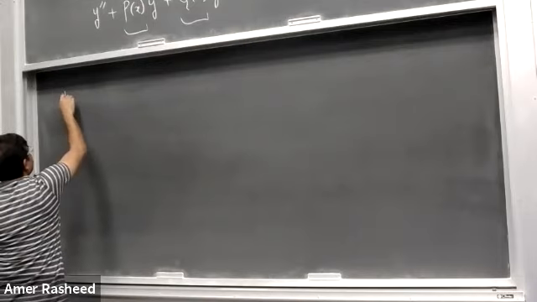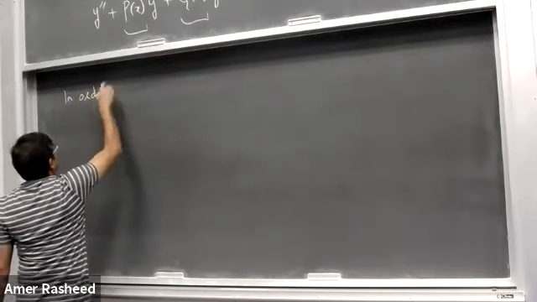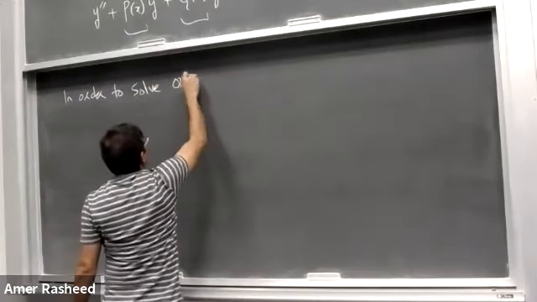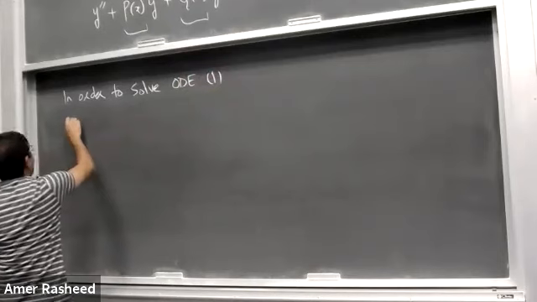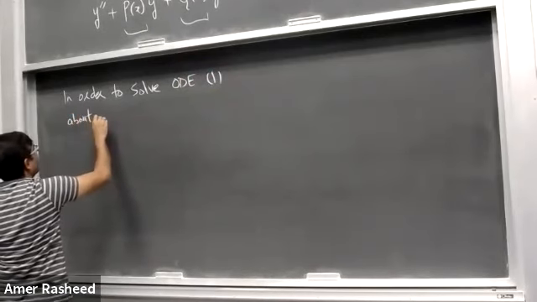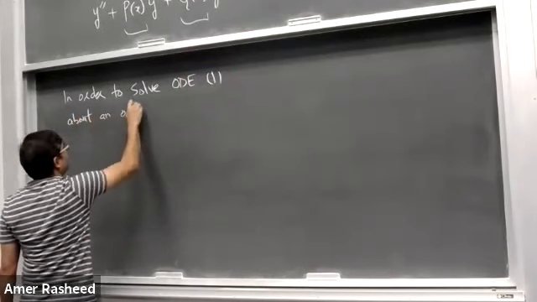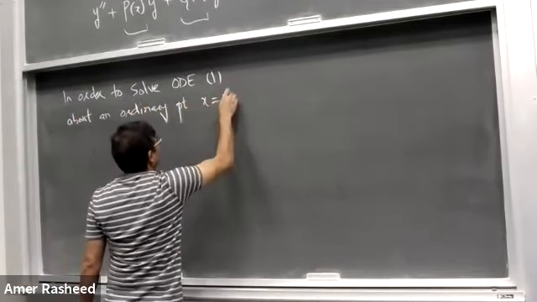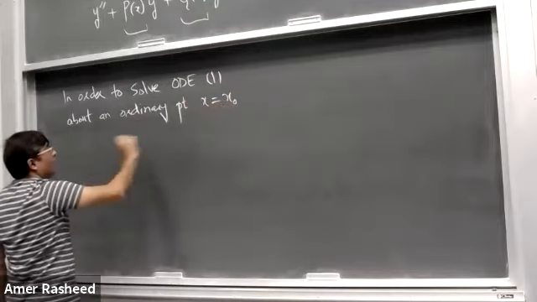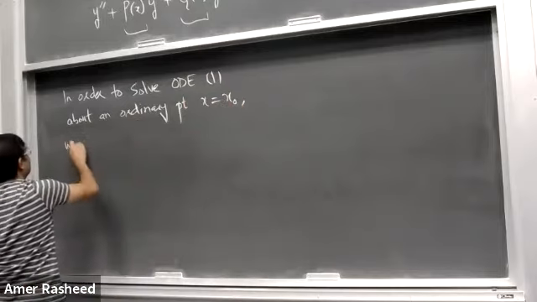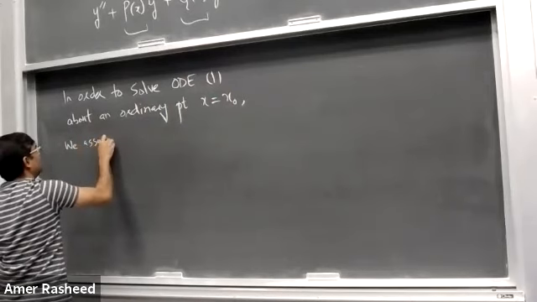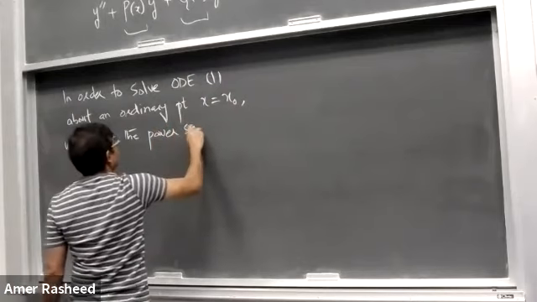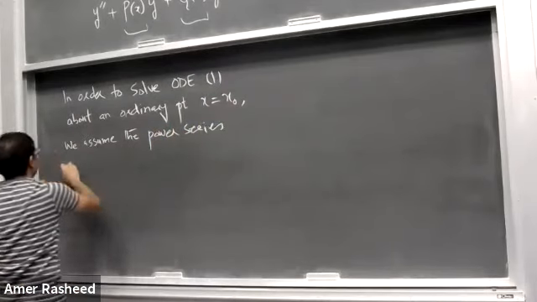In order to solve ODE 1 about an ordinary point x is equal to x naught, we assume the power series solution